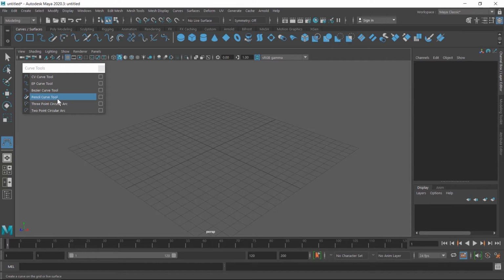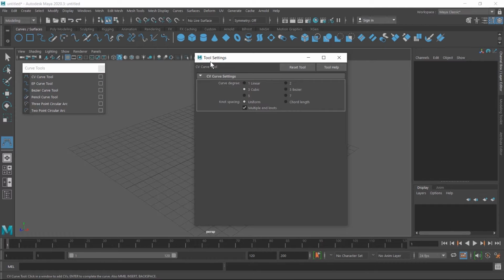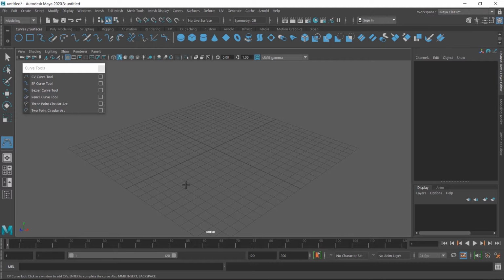about tool settings. Every curve tool has a square button. It's called the tool setting button. When I click on this, the tool setting dialog box is displayed and here you can see the tool name. First I reset the settings, and these are parameters related to this curve. First parameter is curve degree, and by default 3 cubic is selected here. Cubic is for smooth curves and linear is for straight lines, and since 3 cubic is selected here, it creates a smooth curve.